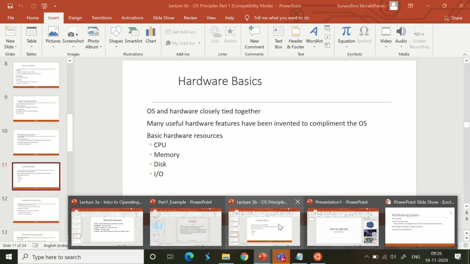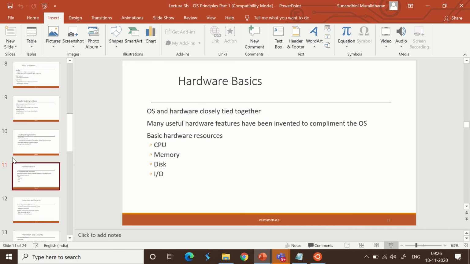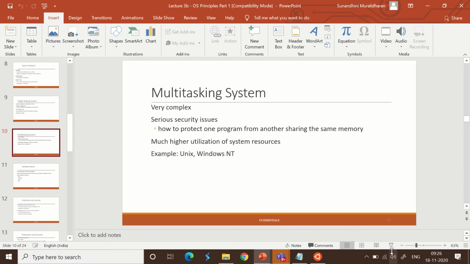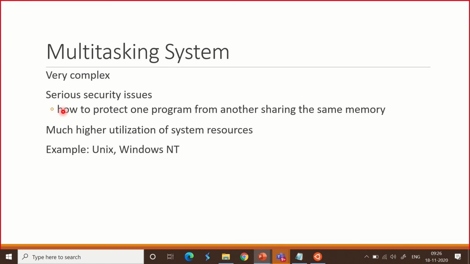So remember, the terminologies that I'm talking about here are very important for you to even go for the interview. They will ask you, do you know any system which is single tasking? You can refer from the hardware perspective, from the product perspective, any embedded system is single tasking. But from the operating system perspective, MS-DOS is a single tasking system, which might not be really useful in this scenario.